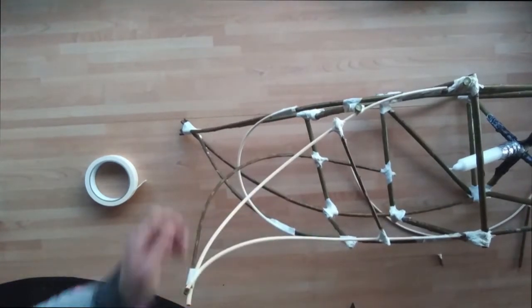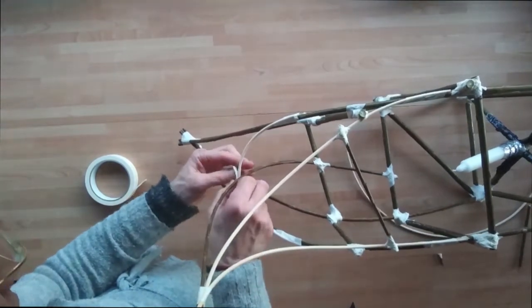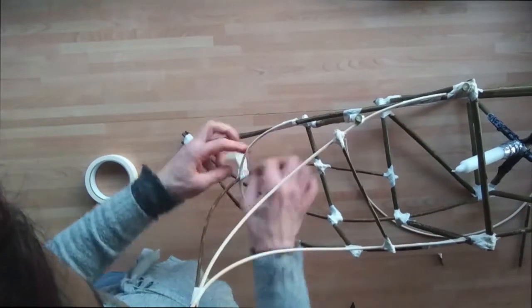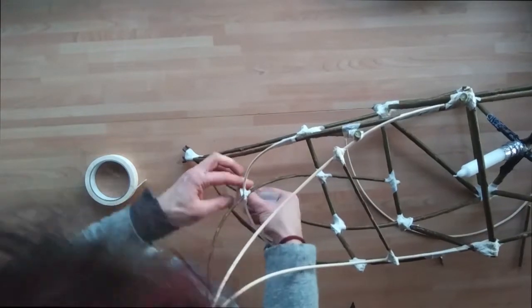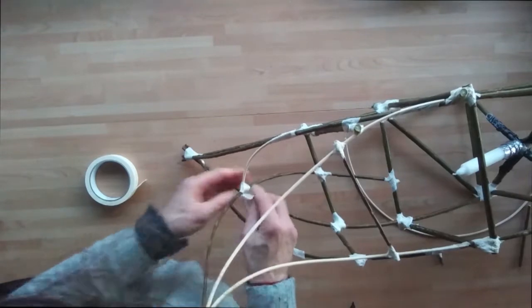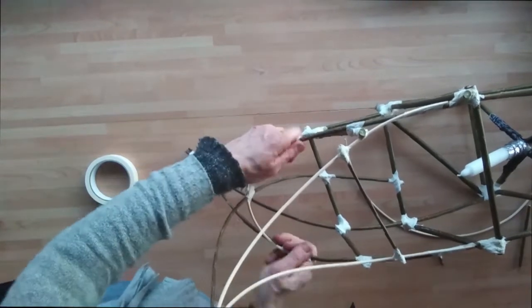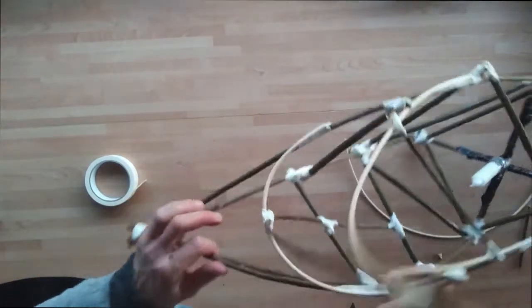There we go. And then where it crosses this withy here, I'm going to attach that on, going around one way and then the other way. Back again. There we go. Give them all a good squeeze. Right,